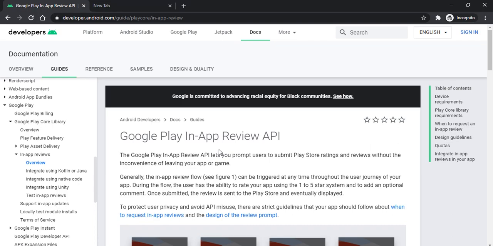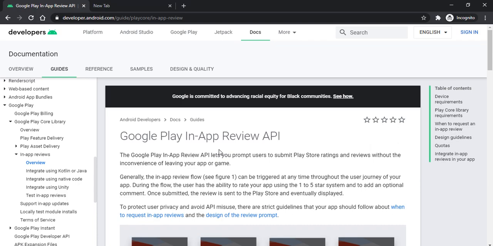So the first condition is we can't display the review pop-up on button click. If the user clicks every time, it shouldn't be displayed. That's the main condition. And the second one is it can't be displayed frequently. The API shouldn't be called frequently. And the third one is it should be displayed after a certain period of usage. As soon as the user installs, or within 1 or 2 days, you shouldn't call this API. And if you call it once, you shouldn't be calling it again in the sooner time.